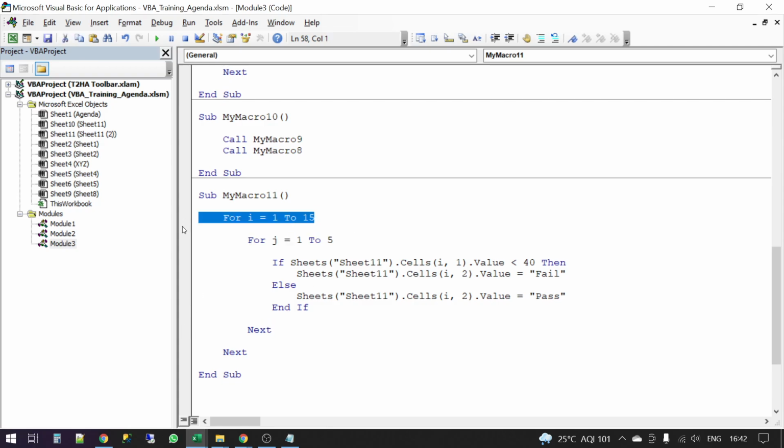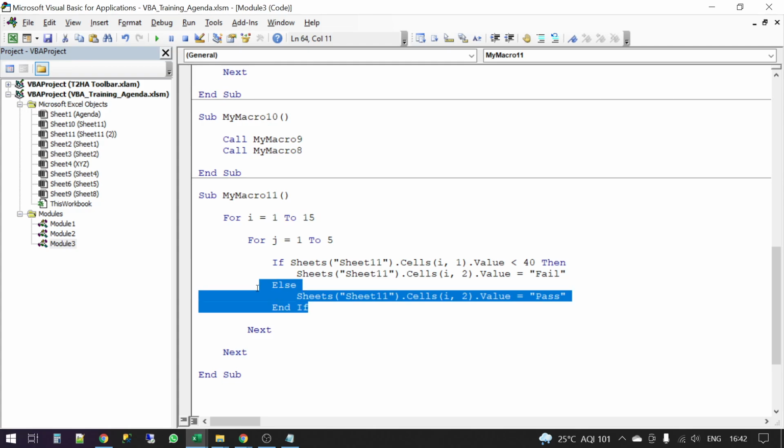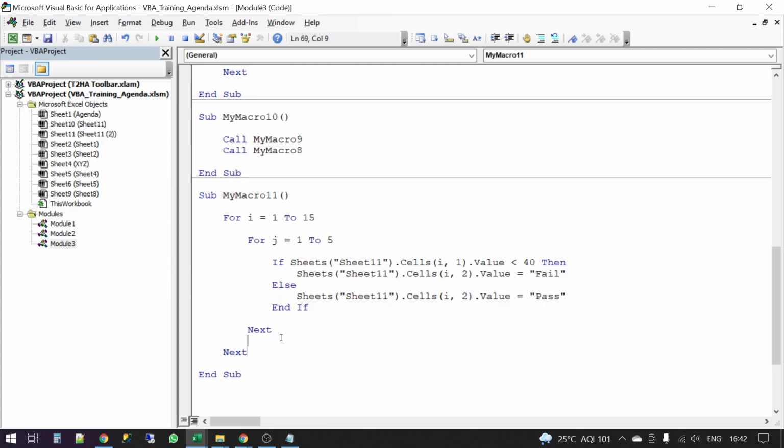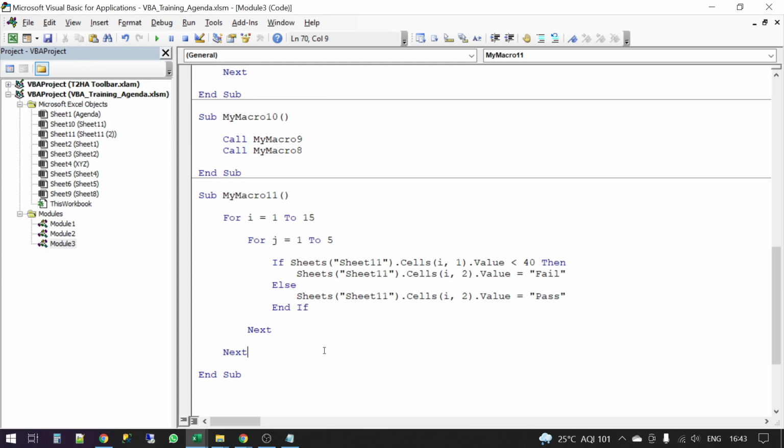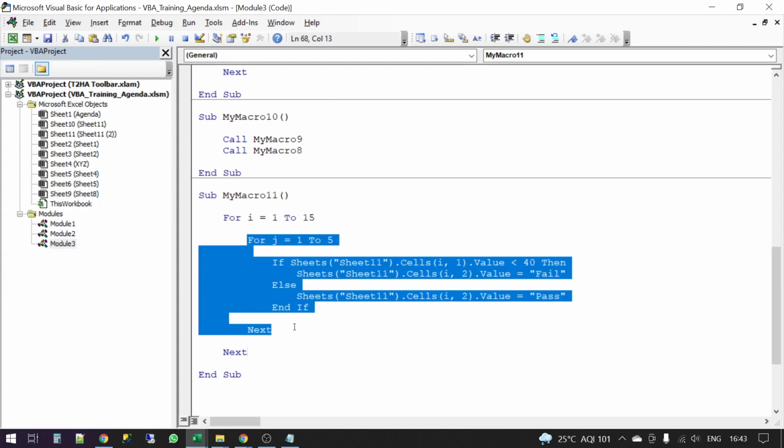For this for loop, this is the Next. And for this If, this is the End If. So now this loop will run 15 times, and within it this loop will run 5 times. So there will be a total of 75 times this code will eventually get run.